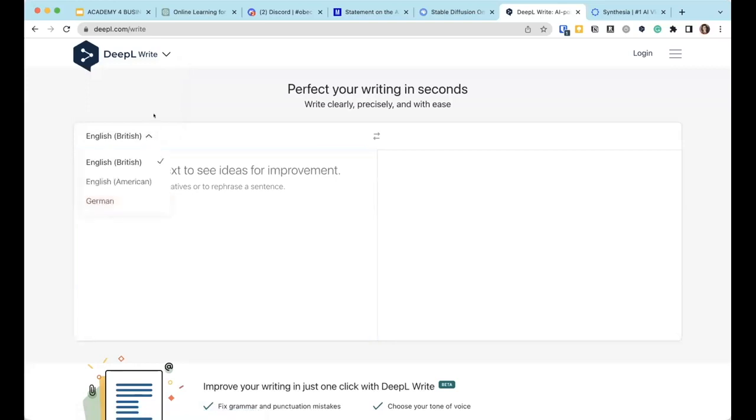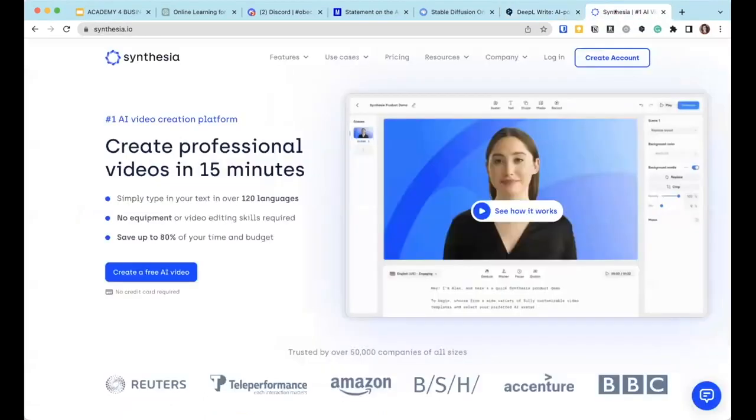It's still in beta, but I think that next month, DeepL will offer more languages in this feature. Then you tested Descript and Whisper, and the last group was for video generation.